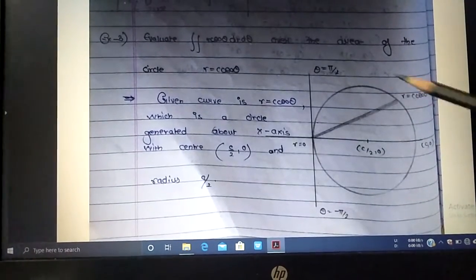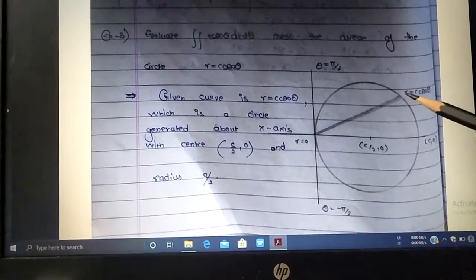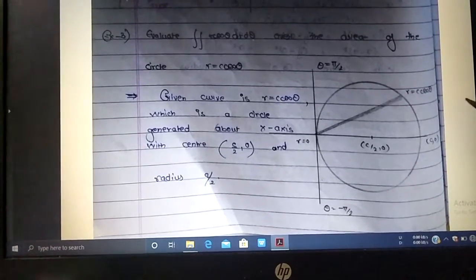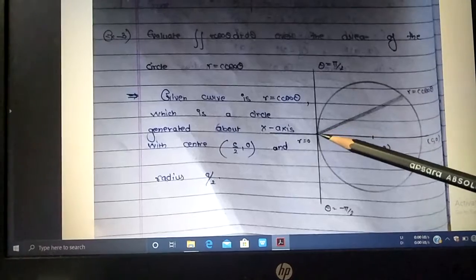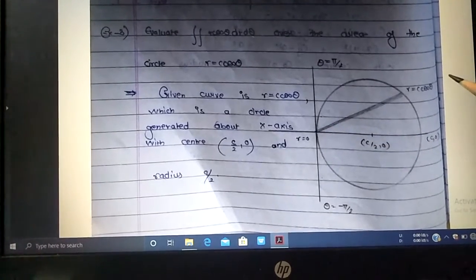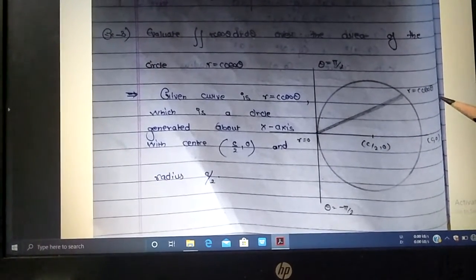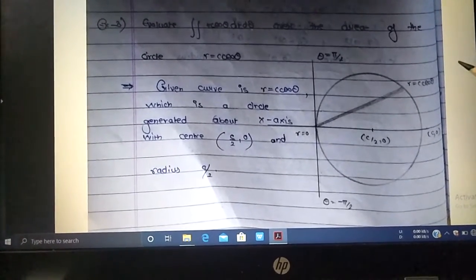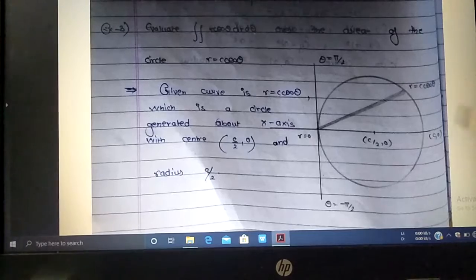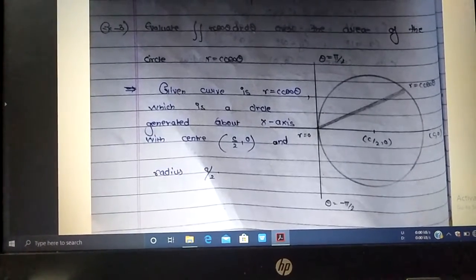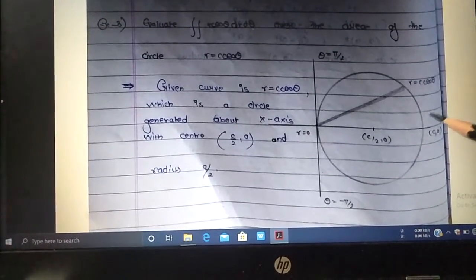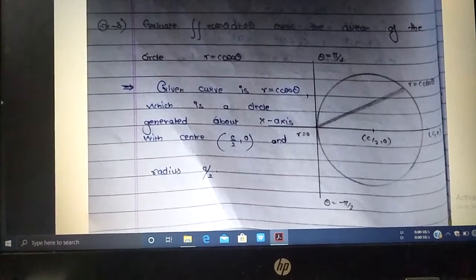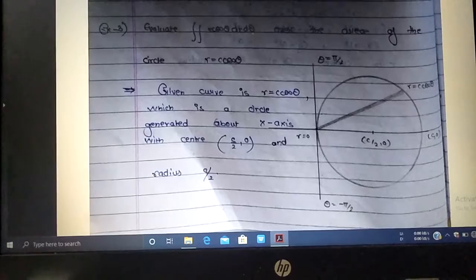To cover this region we have to draw a radial strip. In polar form, always remember we have to draw a radial strip which starts from the origin and ends at the curve. While in case of Cartesian coordinates, we have seen the strip may be horizontal, that is parallel to x-axis, or vertical, that is parallel to y-axis. But in polar form, the strip will be a radial strip drawn from the origin and ending at the curve.